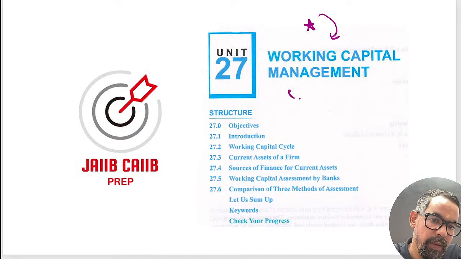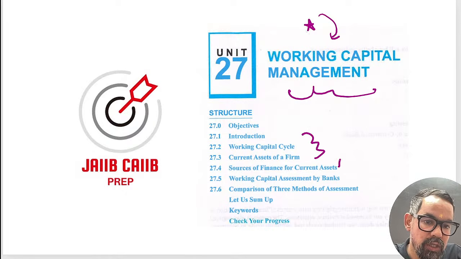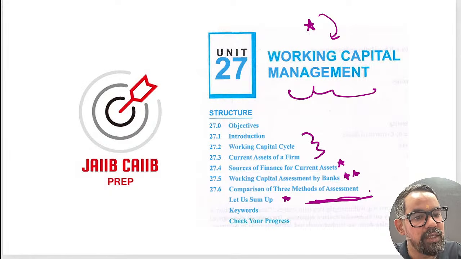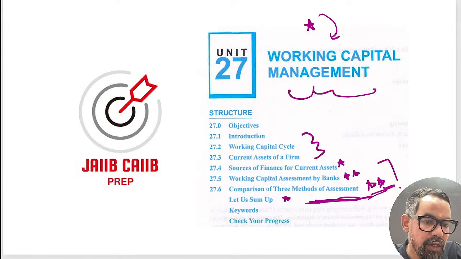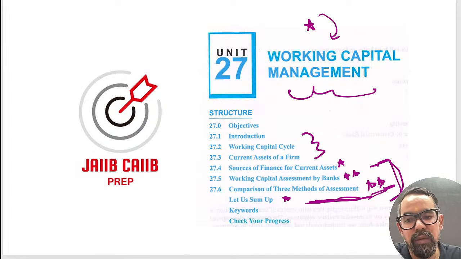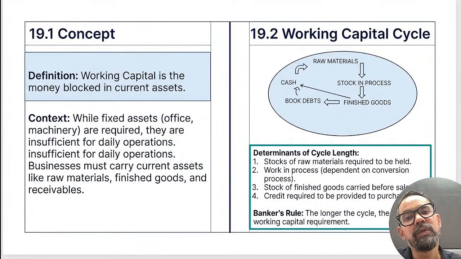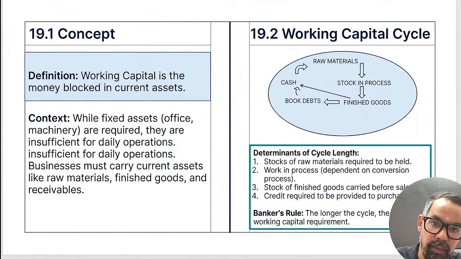So when it comes to working capital management, here we have the working capital, then we have sources of this, and the working capital assessment by bank, or the three methods. This three method wala thing gets asked every time in your examination. So please do take care around this one. Okay? The working capital decisions, how we make this one. The working capital is all about basically the day-to-day requirement of the business, current asset minus current liabilities. So a portion, the difference, which we generally fund through the long term asset, right?